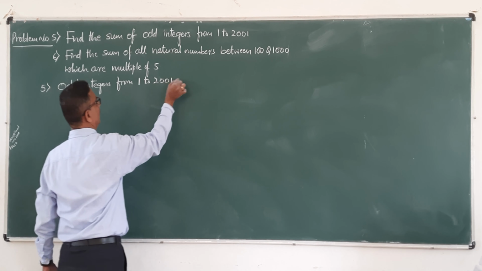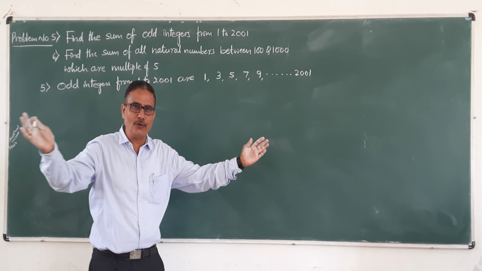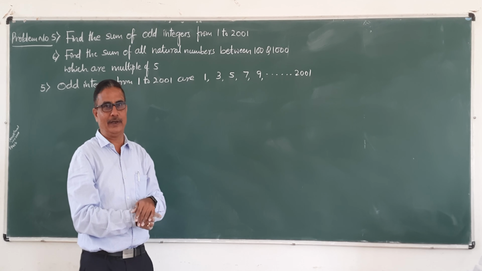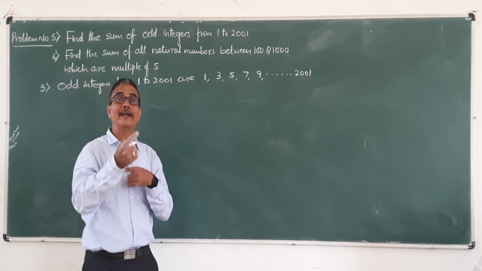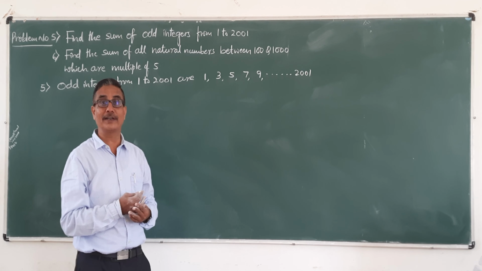Now the question, to find its sum, you add all of them, calculate how much it comes to. To find the sum of all odd integers from 1 to 2001. How to calculate? You can apply sum to n terms of arithmetic progression. Look here, identify whether that is given sequence, is it in arithmetic progression or not. First check it. Clearly it is arithmetic progression because first term is 1.